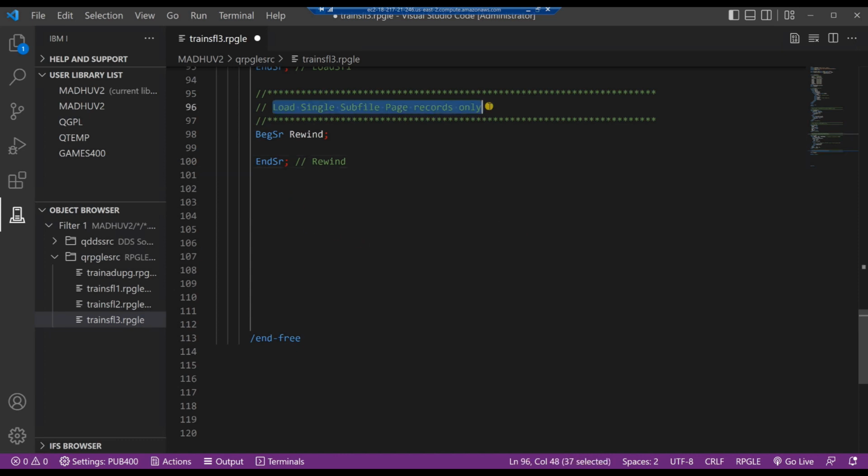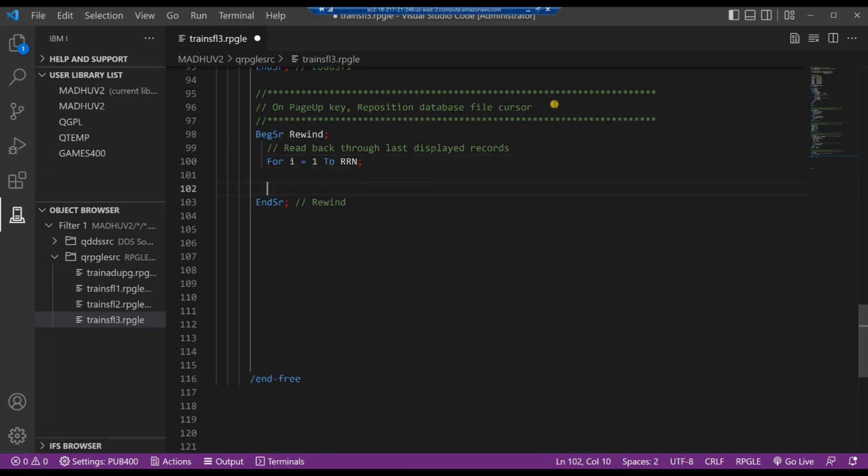Highlight the subroutine's comment. Change it to the comment on page up key: reposition database file cursor. Indented within the subroutine, start with the comment, read back through last displayed records. Start a for loop for I equals 1 to RRN. This for needs an end for. Indented within the for loop,